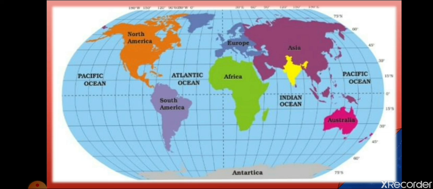So basically this helps to know the location of a particular country or continent. We cannot find the location of small places like your home. You cannot find your home's location on the globe; for that you have to go through maps. So this is the demerit of the globe, that we cannot find small locations on it. Basically we can search for our country, continents, or oceans on the surface of the globe. So this is all for today. In the second part, I will explain how to find the location with the help of longitude and latitudes. I will explain time zones in the next part.